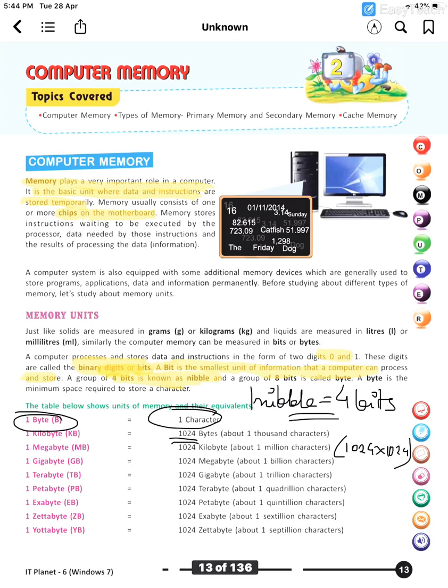Okay, in this way it will go on until the multiples. 1 gigabyte is equal to 1024 megabytes, 1 terabyte is equal to 1024 gigabytes. In this way you have to remember this entire chart. Yottabyte, actually here 1 zettabyte is the highest, okay, which is equal to 1 yottabyte. This is for your information. That is 1 zettabyte. Zettabyte is used by Google Maps. That is the latest addition.